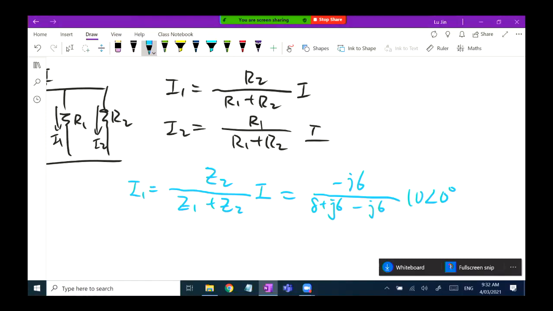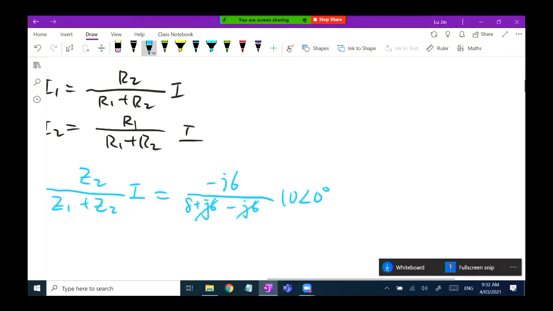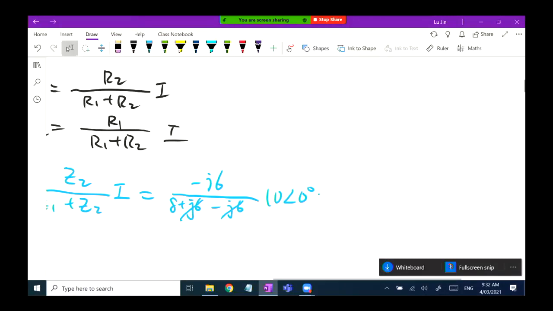So just that. This is how we use the current division. And for the calculation, that should be pretty easy, right? But if you want, I can go through that for you. First of all, at the bottom of the fraction, positive j6 and negative j6 can just cancel each other for this question. And the whole thing is changed to negative j